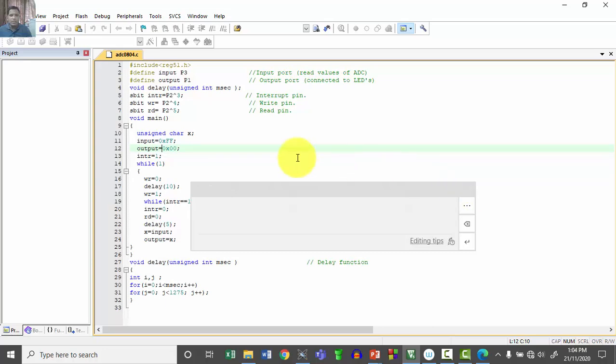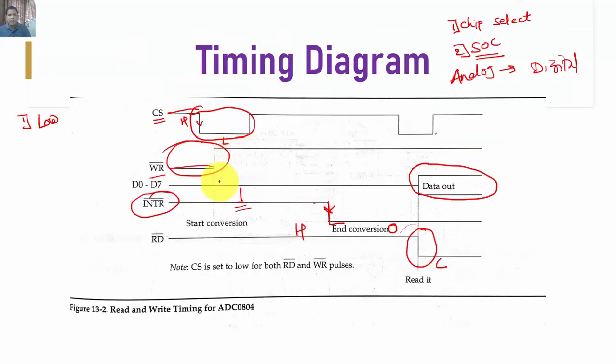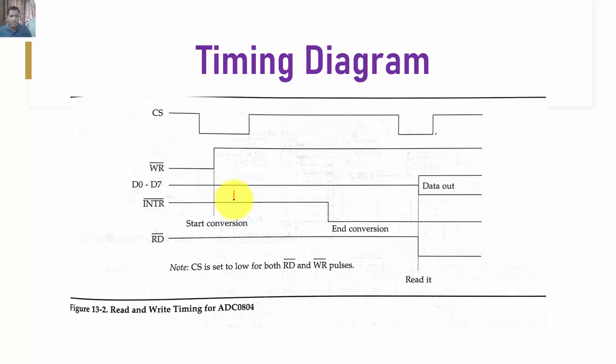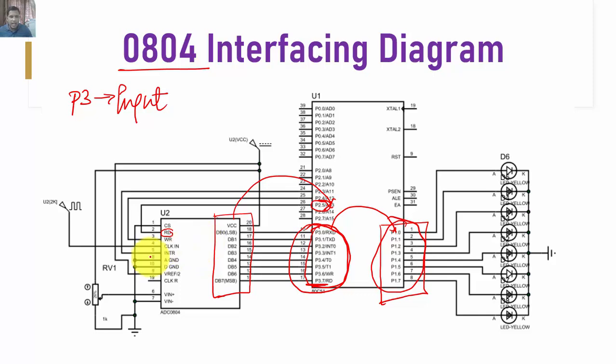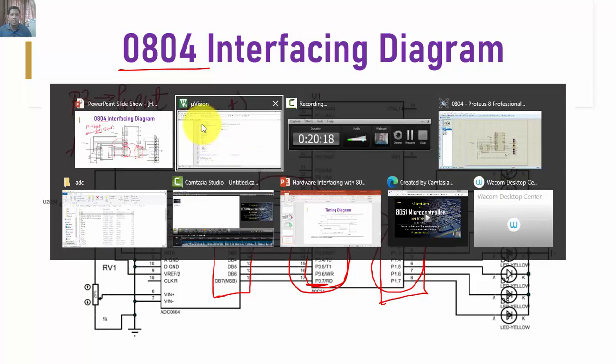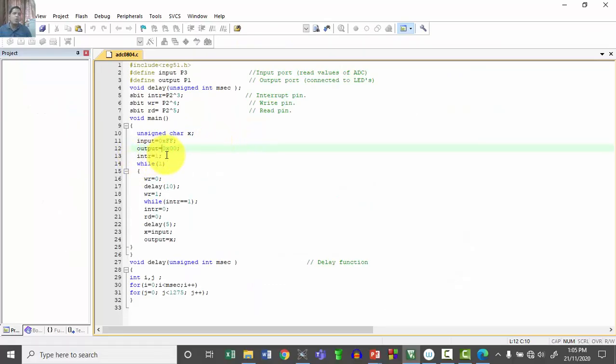The output is defined as 0x00. Now the first and most important thing, as seen in this timing diagram, the default status of the INTR bar pin is 1. This INTR signal is given by the ADC to the 8051 microcontroller, so this specific port pin should work as an input. So I am going to make INTR a 1, so the INTR pin, that is P2.3, is going to work here as an input.